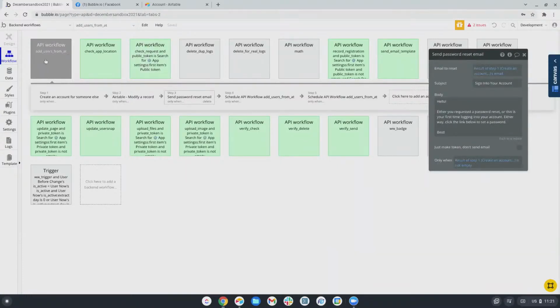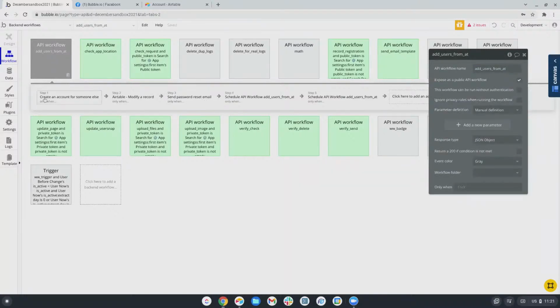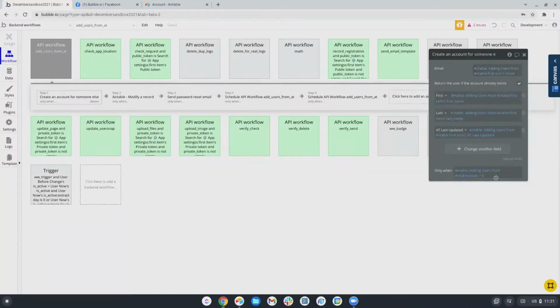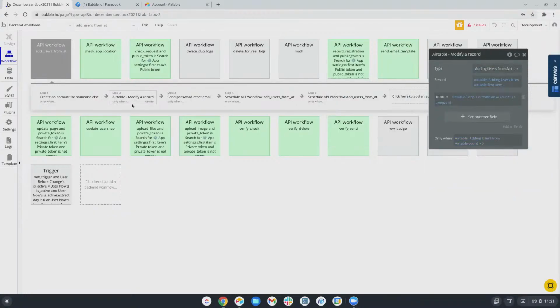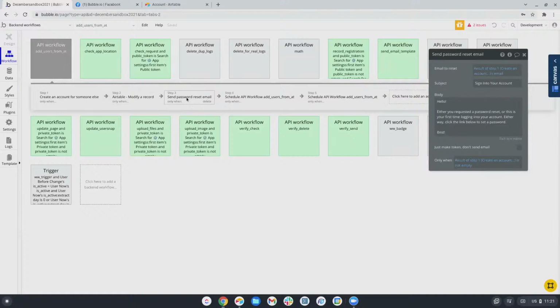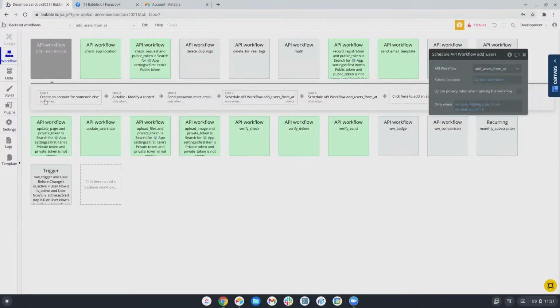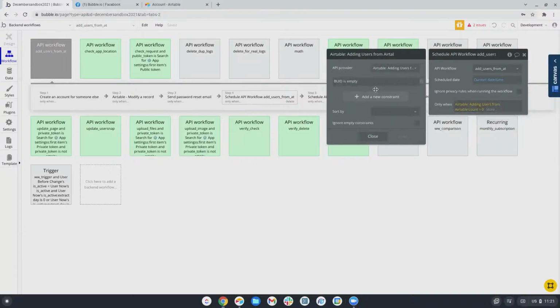Okay, starting from the top. Sorry, guys. We're going to create the account only when there's an account to be created because there's at least one record with the BUID being empty. We're going to modify that Airtable record and add the BUID to it. Then we're going to send the password reset email to the user from this step here, whether they existed already or not. Then we're going to schedule this to run again if there are any more who have the empty